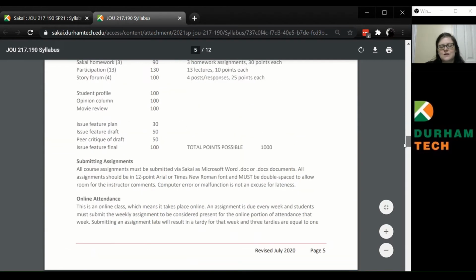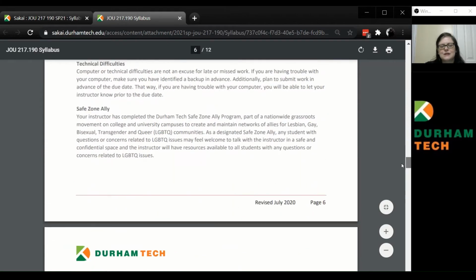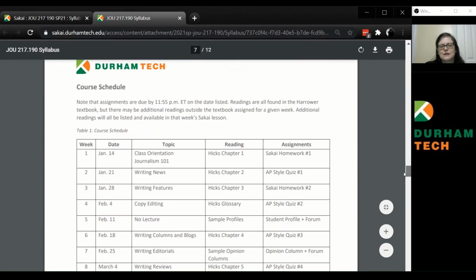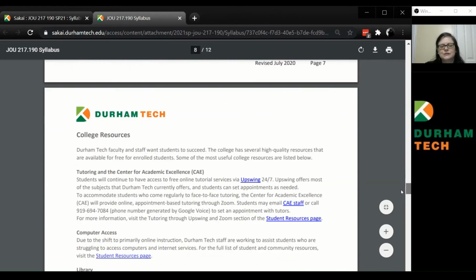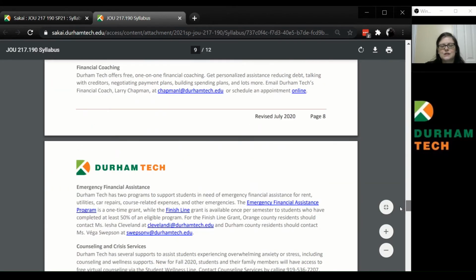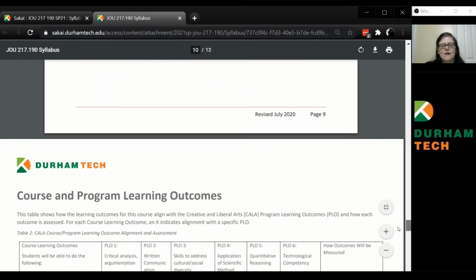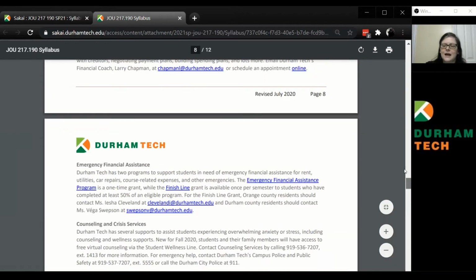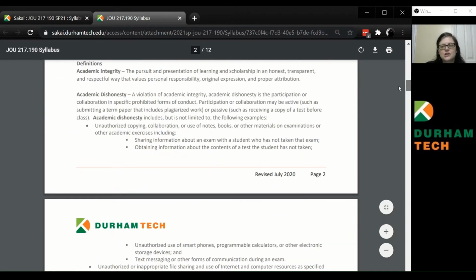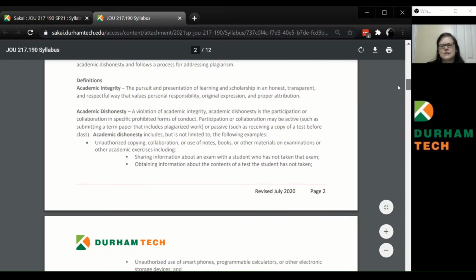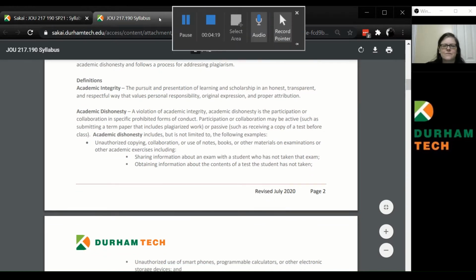It has the course policies, how to submit assignments, the course schedule, college resources that you might need, as well as the course and program learning outcomes. So if you ever have a question, feel free to look in the syllabus to see if it's answered there.